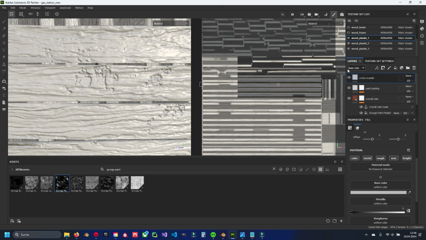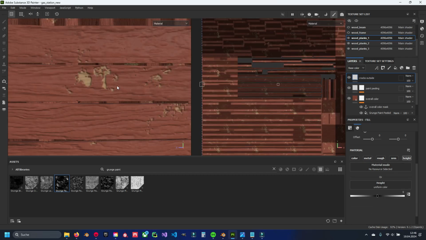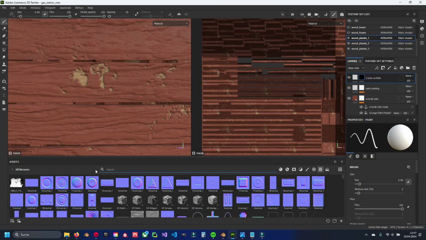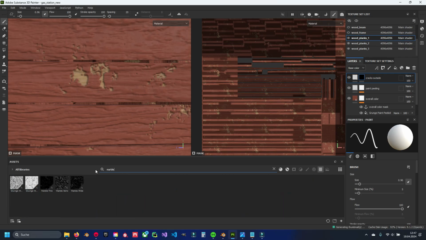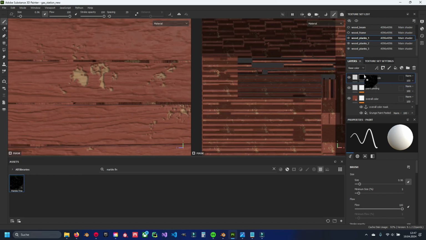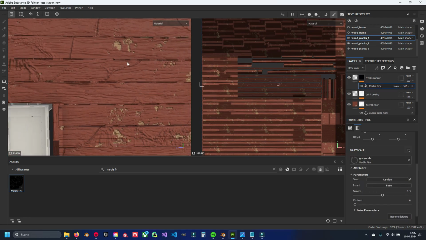Alright, in here we need only our height information, so just deselect the rest. And for the height information, just go slightly up. 0.2, for example. Add a black mask. In the black mask you can add some sort of cracks. A good map that you can use is called Marble Fine. And as you can see here, we have these white spots, these cracks here, that is really cool to add